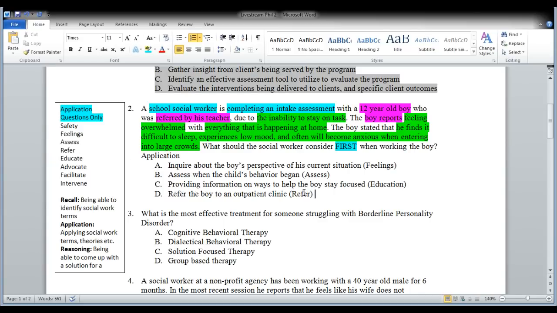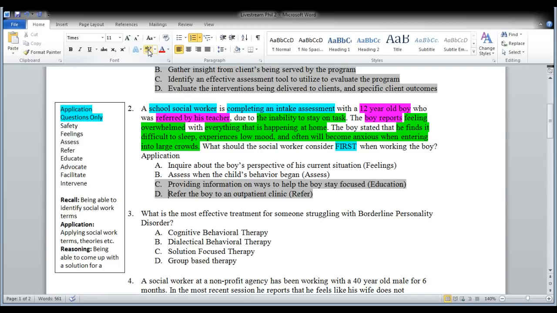So due to the acronym, education would be out because providing education to help the boy stay focused would be something we would like to do. However, we don't know where or why the inattention is happening. So providing the education would be undertreating this client at this point in time, which would be considered unethical. So then the next lowest rung would be referring them out to an outpatient clinic. Referring them out would be incorrect here because it wouldn't be gathering the appropriate information to make that referral, as well as